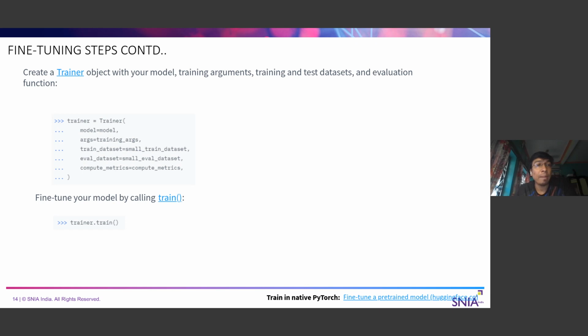Once we have this trainer object, basically we instantiate this trainer class with all these parameters, then we go for the actual training process or the fine tuning process, since we started with a pre-trained model. How can we do that? There's a simple step for that. We just need to do trainer.train. Once we do trainer.train, it will start the fine tuning process.